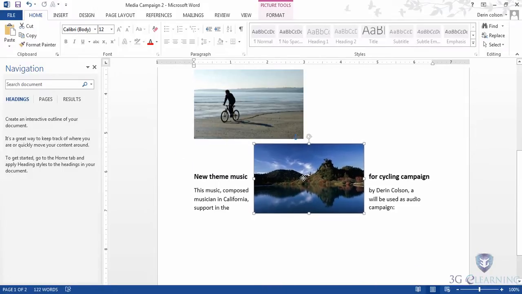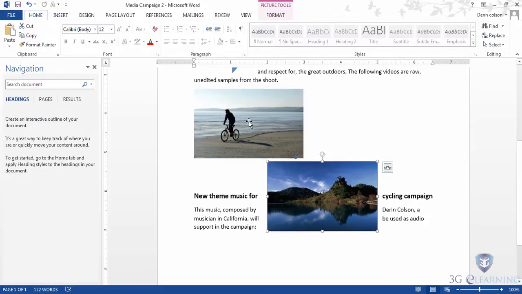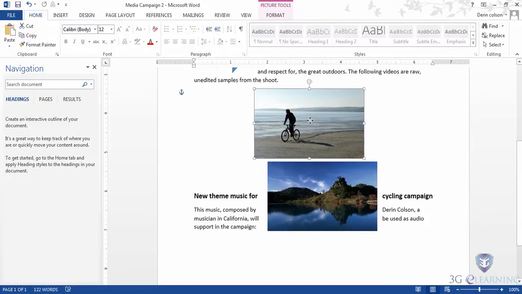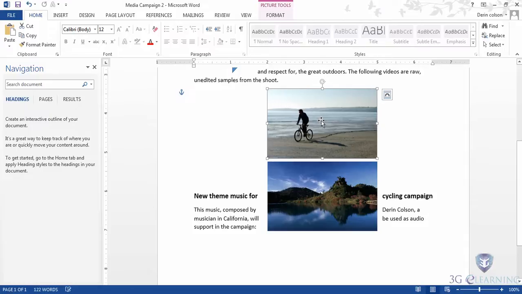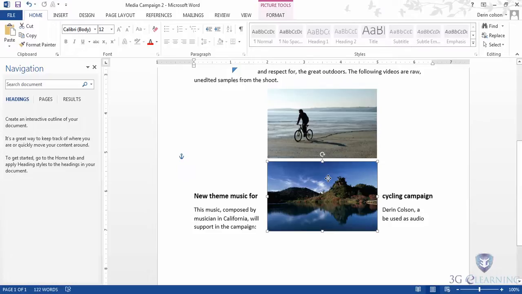You can see what's happening. We can move them both around. We can center. When we see that guideline appear, we know it's going to be centered right there. Let's drag this one down, centered as well, and notice the wrapping doesn't really work out well for these two